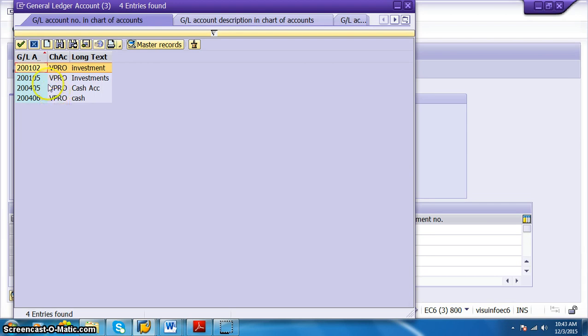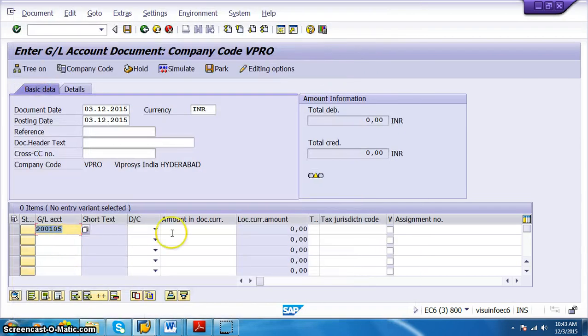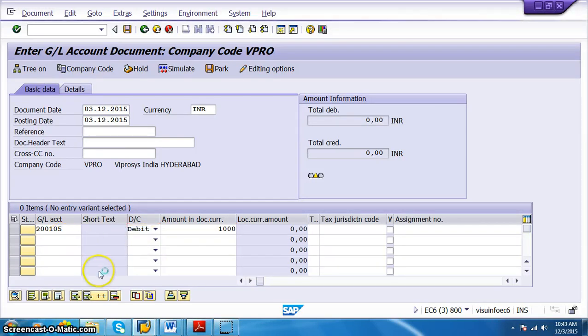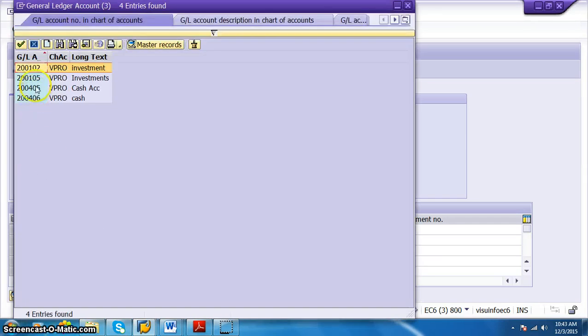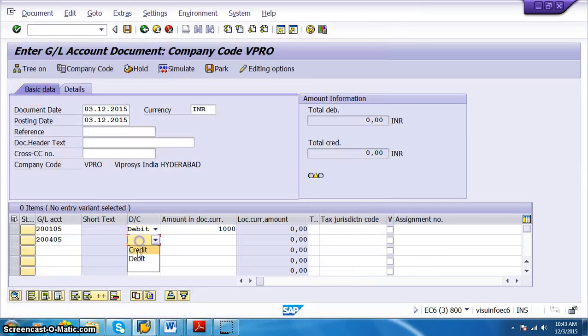The GL account number for investments is 105, and the amount is say 1000, and this is debit, and then we have 405 credit 1000. So these are the things that we are giving in a single screen.